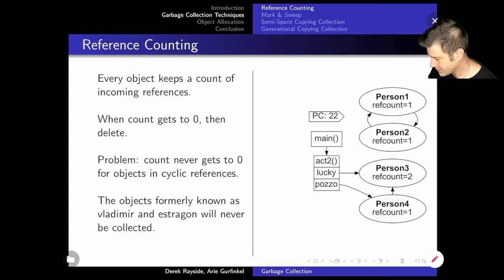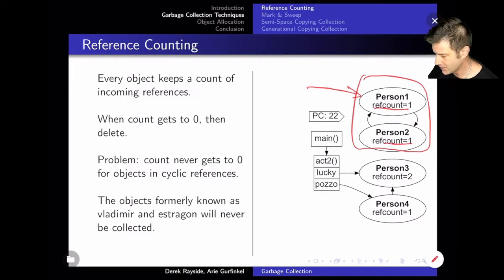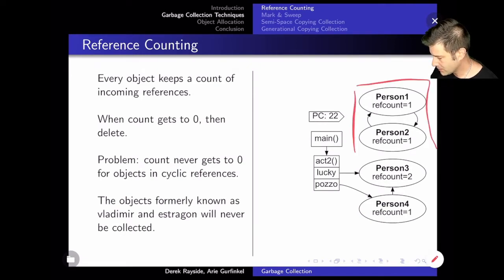The problem is, of course, that because there is a cycle in here, even though there's no arrows from any of the local variables, the reference count is not 0, and we can't remove that object. So that's the problem with reference counting. It's easy to implement, and we'll look a little bit at how it's actually done. But we have this problem, and there's two ways to deal with this. One, like Python,